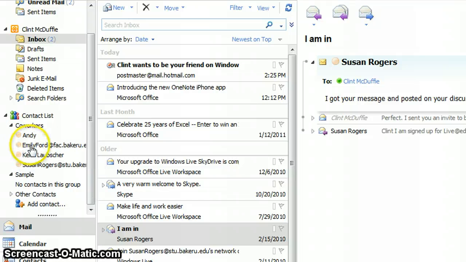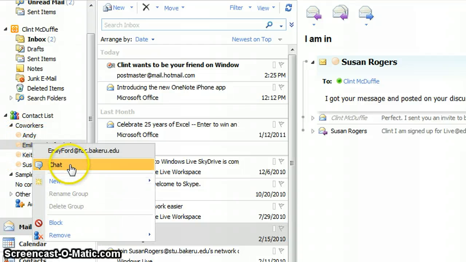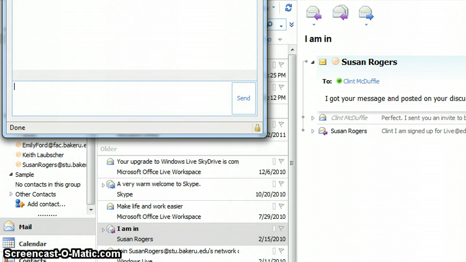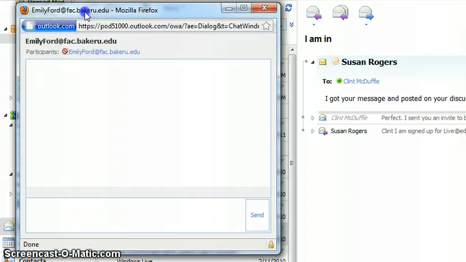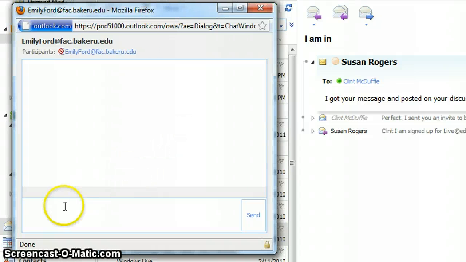So for instance, if she was in her email account as you are, this would appear green, and then I could send her an instant message. So I would right click on her name, I would hit chat. By hitting chat, you'll see that her name comes up. Now it appears this way simply because it's unavailable, meaning she's not online, so the message isn't going to reach her. However, if this is not a line through, not blocked,